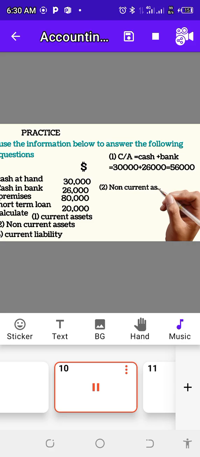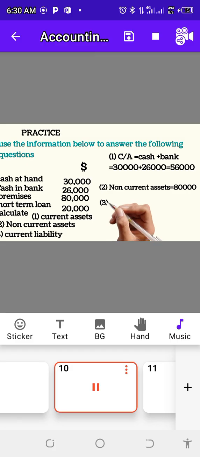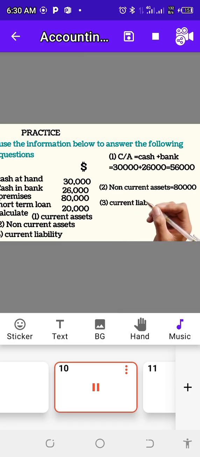Then the current liability there is also one, which is what? Short-term loan. On this note, we come to the end of this tutorial. This is accounting equation 1. In our next tutorial, we shall take so